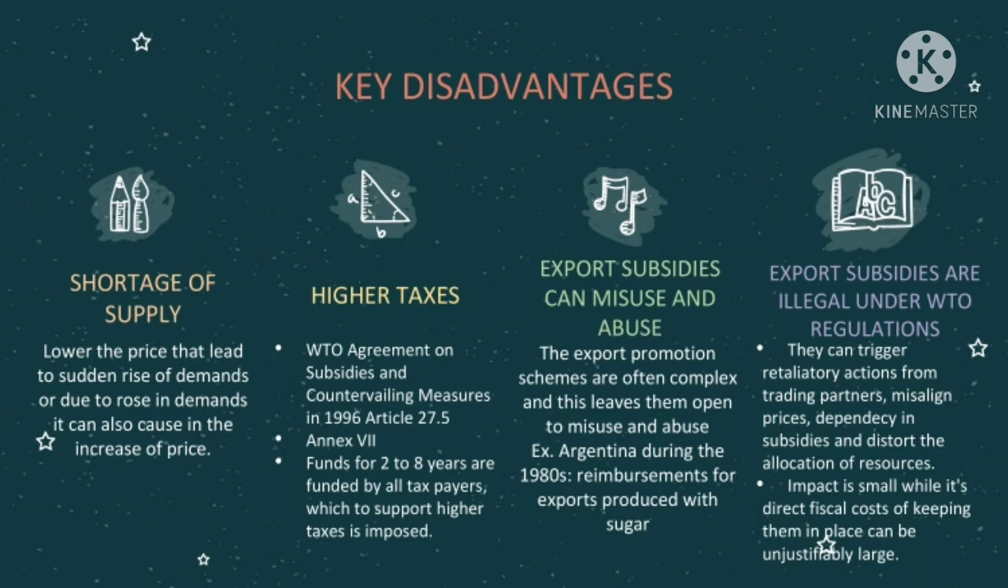Number 2, higher taxes. The government funds for export subsidies come from the taxes imposed on the general population, businesses, and corporations. Visualize it. In accordance with the World Trade Organization Agreement on Subsidies and Countervailing Measures in 1996, Article 27.5,